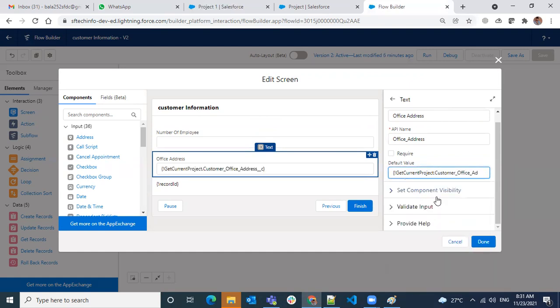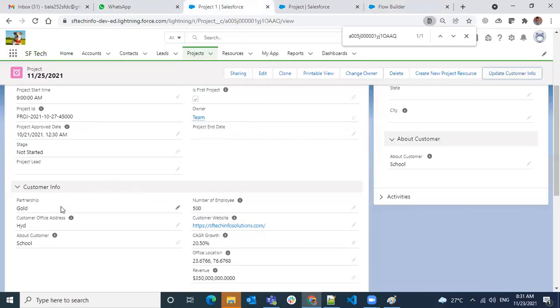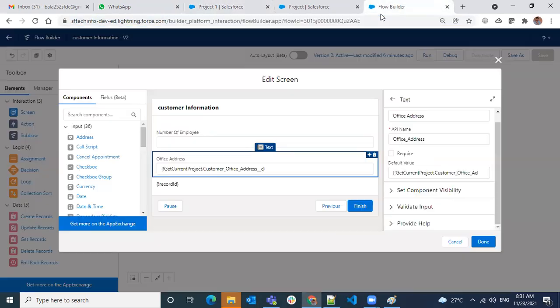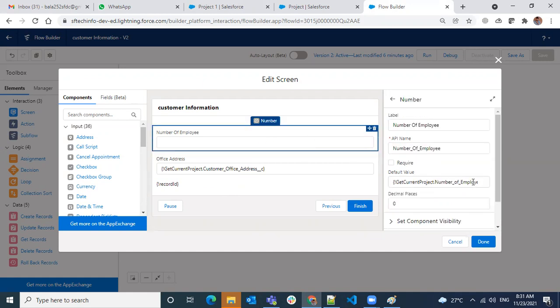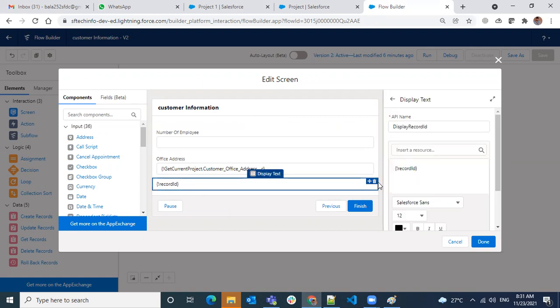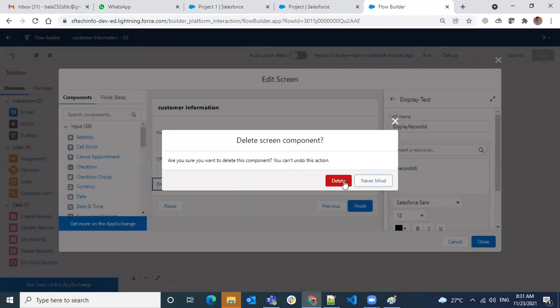This one, customer office address maybe. I'm not 100% sure. Customer office address. Okay, that is the one. Okay, so I have given default values now. And I don't want to see this record ID anymore. I just want to delete it.